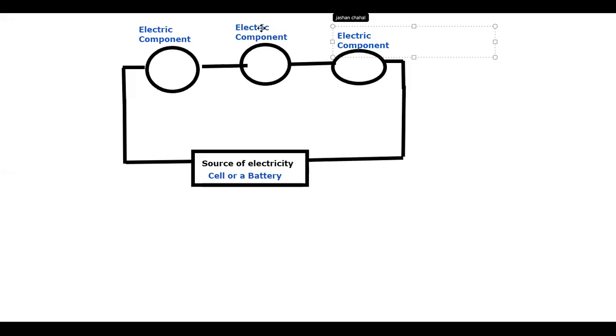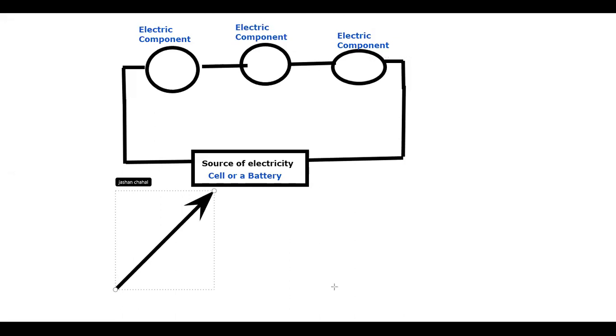So, as you can see, what is an electric circuit? In an electric circuit, we are having a source of electricity, and that source of electricity can be a cell